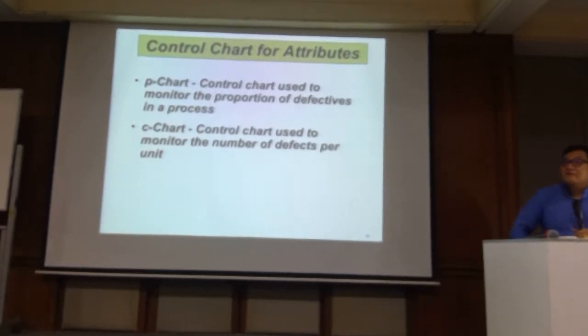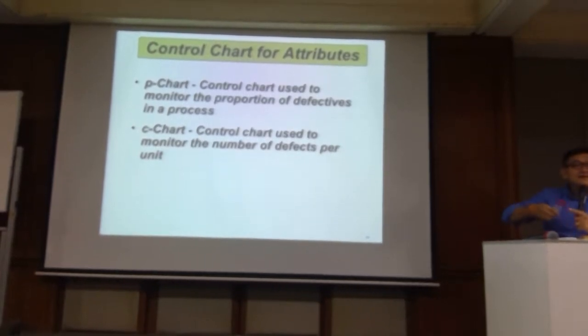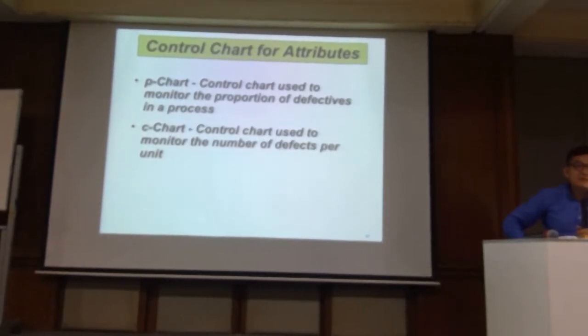Because generally you can see the fraction of defective product only when you take a large enough sample size. So for a P chart, the sample can be 50, 100, 200 or 300